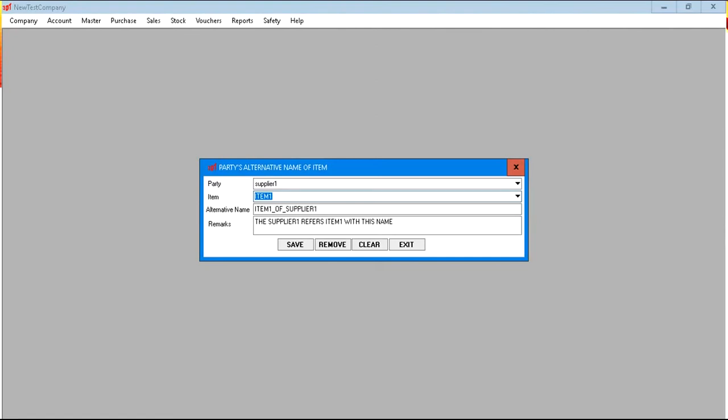Then we move on to the next template, which is party's alternative name. So this is one of the powerful features of 3D. Here you could define an alias name for an item. So in this screen, we have defined item 1's alias as item 1 of supplier 1 for the supplier 1 party. So likewise, you can define a different name for customers